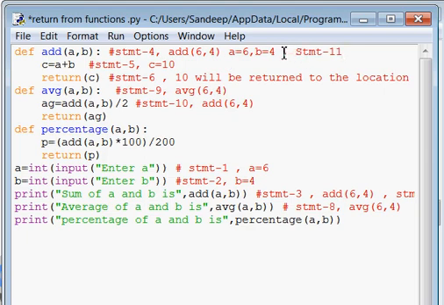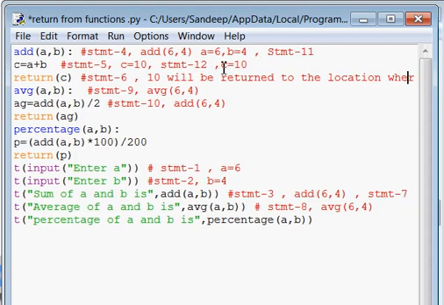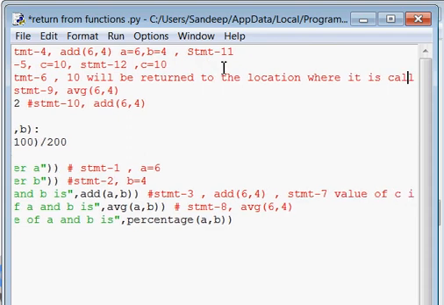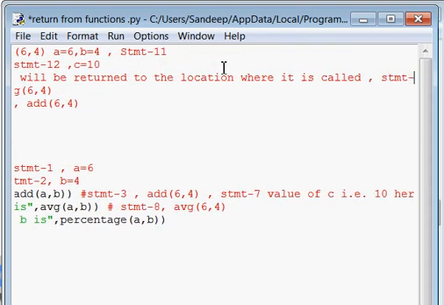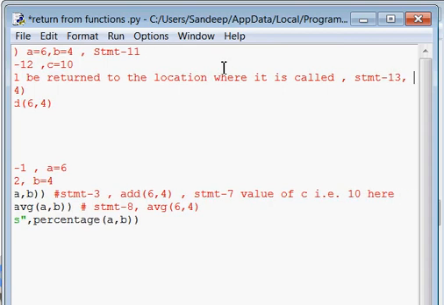Okay, now your statement 11 will be this one, means you are coming into this function. When you are coming into this function, again C will be calculated and it will become 10, and this becomes your statement 12 also, and now this becomes your statement 13 also. In statement 13, what is happening?